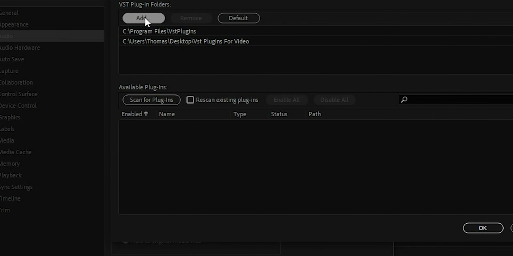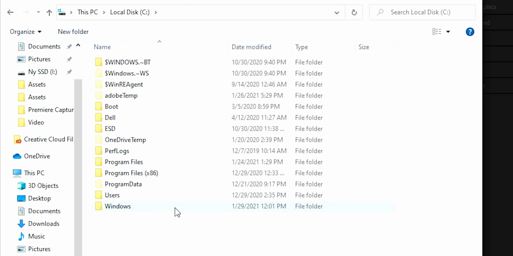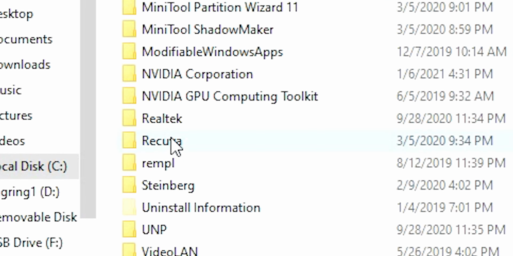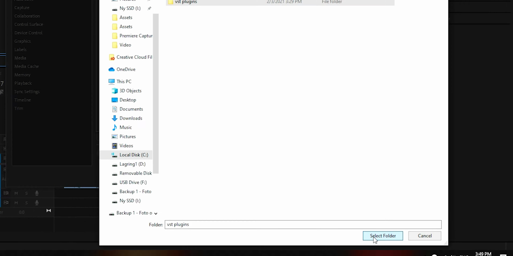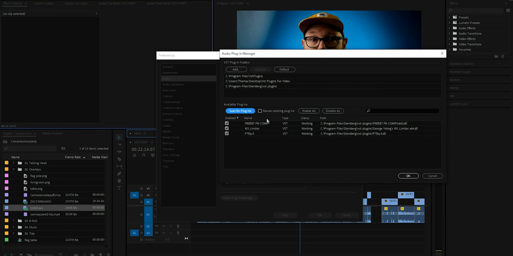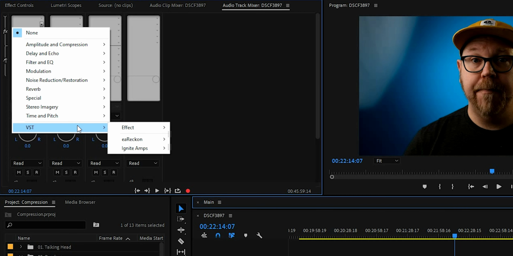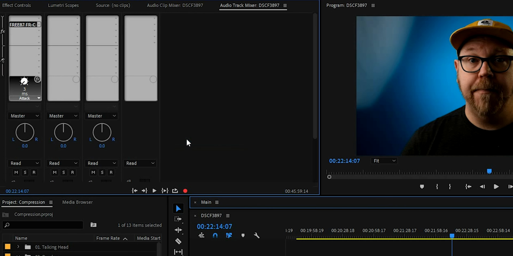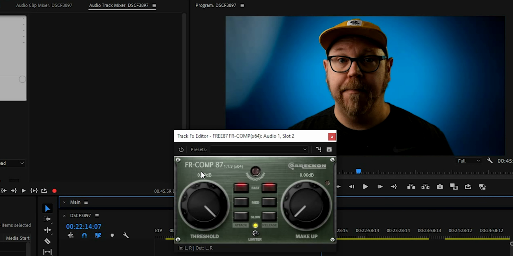Now we just navigate to the folder we created and add that to our list of folders containing audio plugins. Click OK. Now let me show you how easy this is by loading up the compressor to an audio track like this, and let's take a look at it.